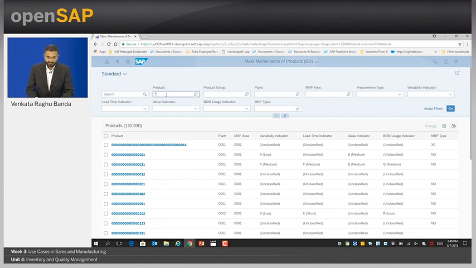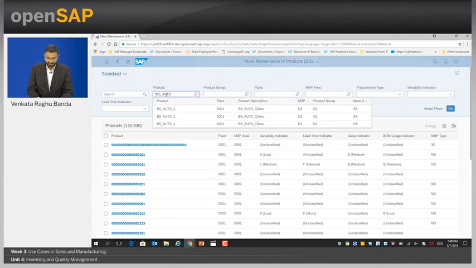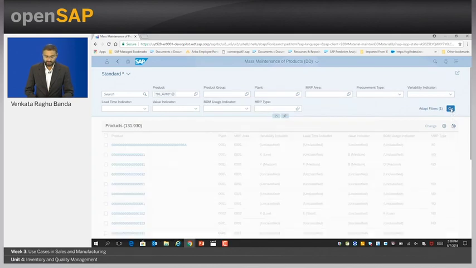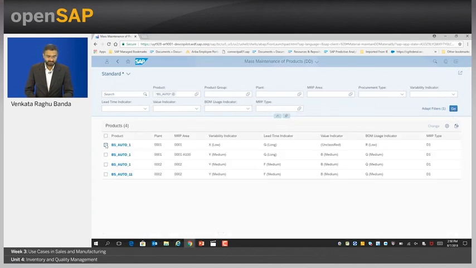I know from my example earlier, or from my experience, or from the script that I have, that one of these items, the BS auto item, is the one which is ready for transfer. So I can pick up one of these items for which stock can be transferred, and there is some replenishment stock or buffered stock available for this product. So I pick up this BS_auto_product.